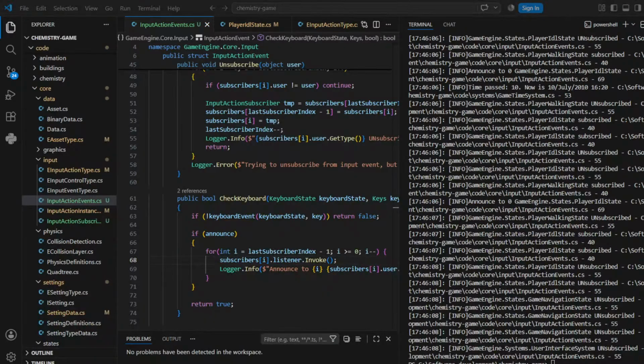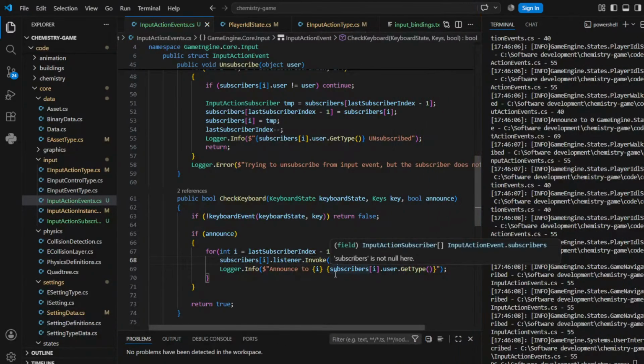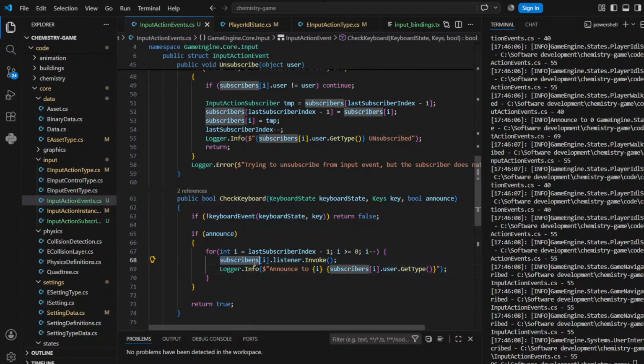I don't really know. I don't want to not allow it because if two things are subscribed, they should get the event. But the danger here is even that if everything unsubscribes,